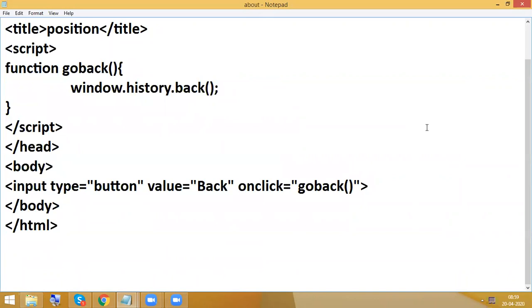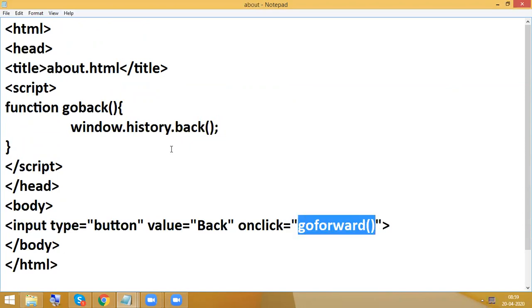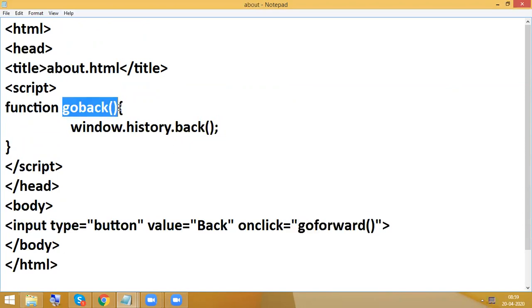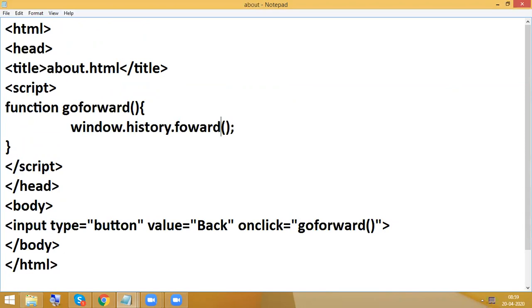Okay, fine. So whatever it may be, we are having another one. This is the about page. Here I'm going to have a button with a name called go forward. Whenever we click on forward, it should go forward. So no need to write window dot something. You can write simply history dot forward also, no problem.